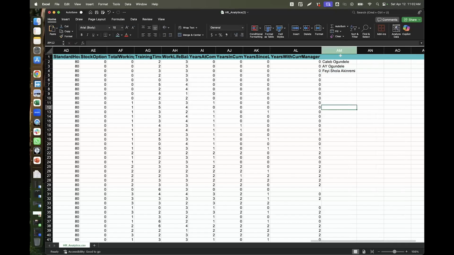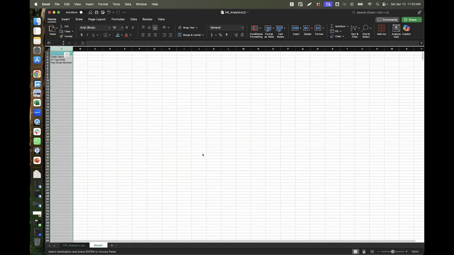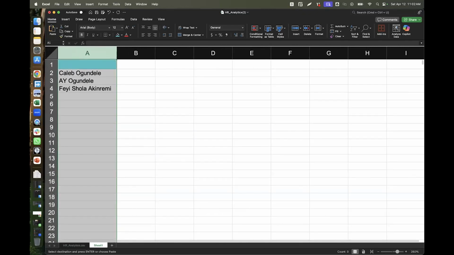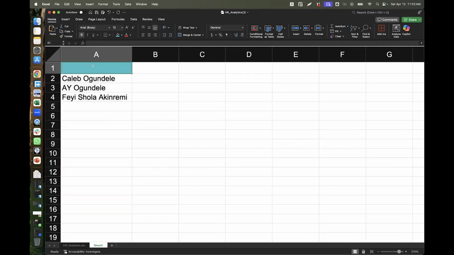So with the way you are looking at this data now, do you feel that this data is complex? I'll take this to a new place so you can see it and understand. This is names. Don't you think this data is complex? Yes, it is. So why do you think it's complex? I'm going to share that idea with you.